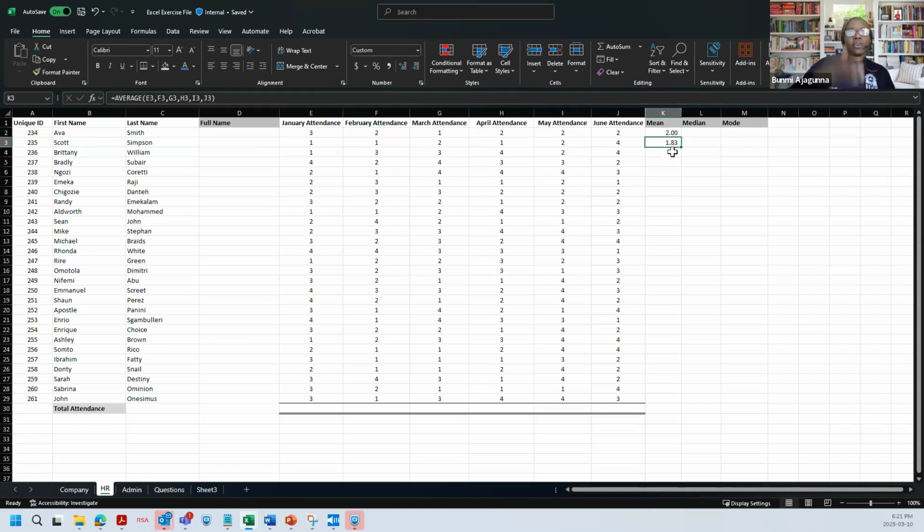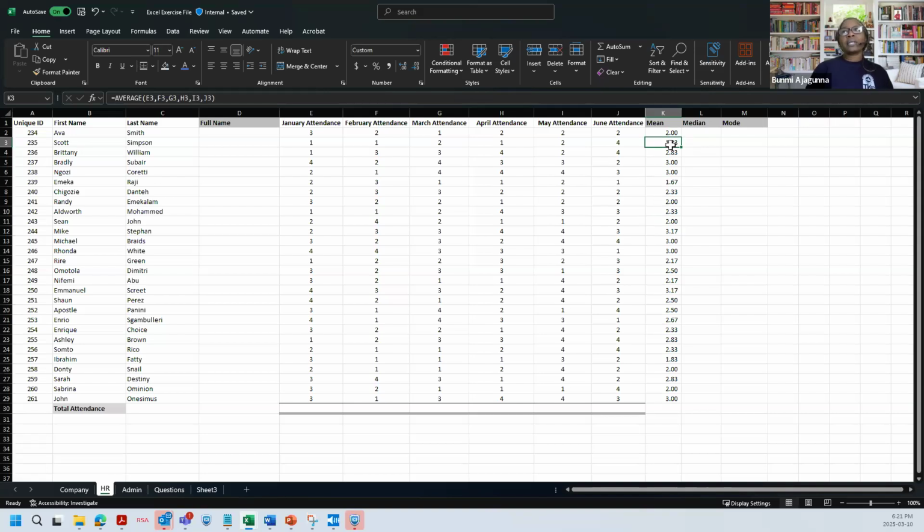So to drill all of this down, rather than doing it one by one for each of these employees, you just double click. As I'm moving my cursor, you can see that it's a white cross, but you can have it fill down by hovering at the bottom right of this cell until that cross becomes a black cross, and then you double click, and it fills right to the bottom. When you click on a cell, you see that the same formula is in there, apart from the first one where we used another formula. So that's an easy way to drill down.